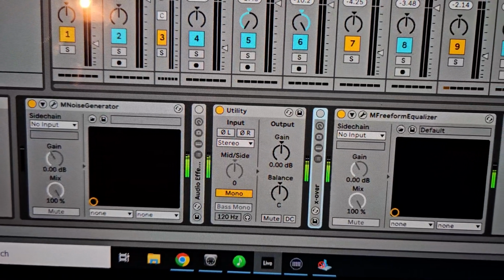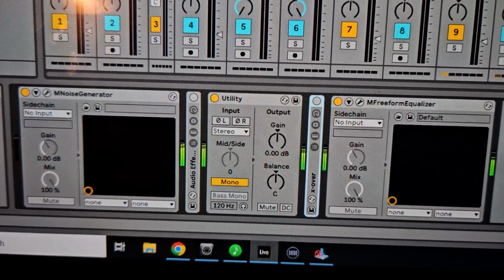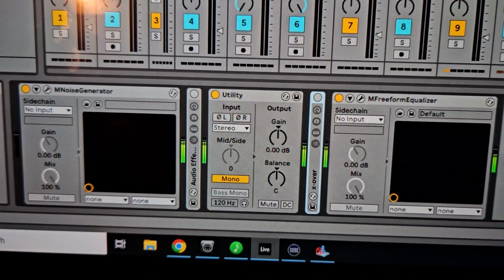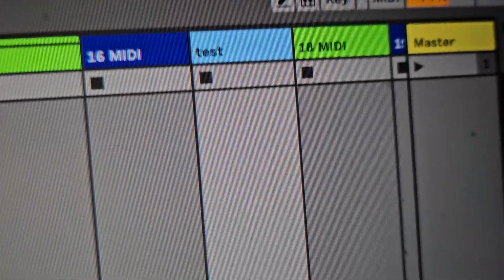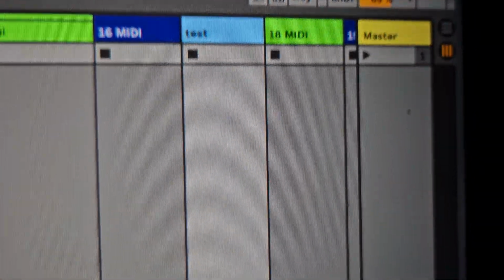So I'm going to do a "how did I make the True Targets explanation video in Ableton Live" for people who like doing that sort of stuff. First of all, you need a test track that goes nowhere. So I just say sends only. I don't have any sends. So a blank track,